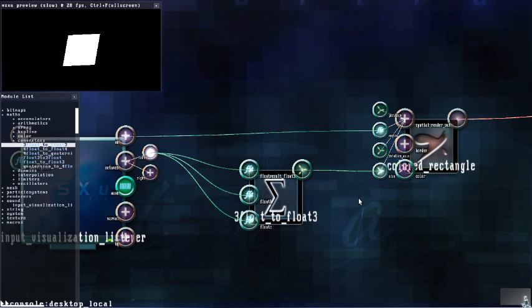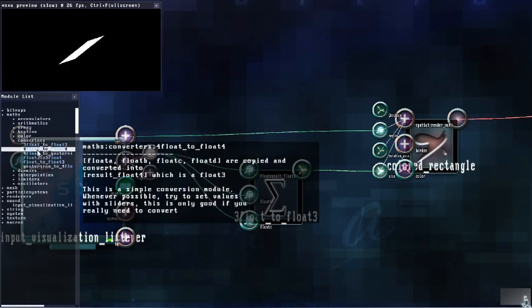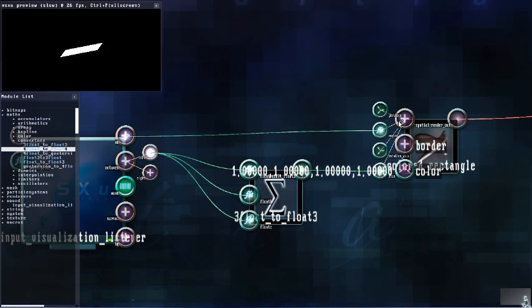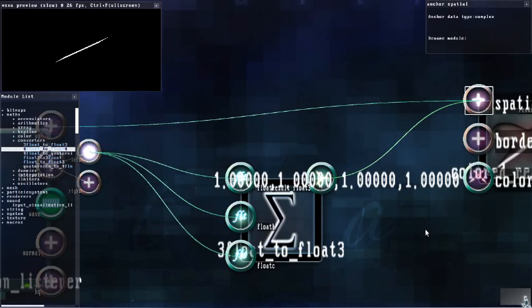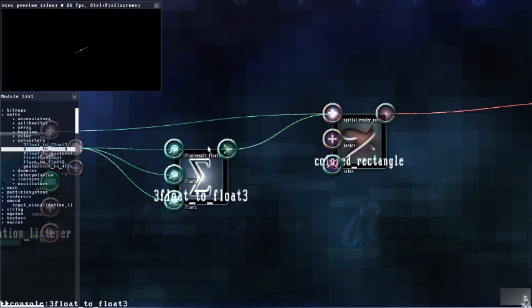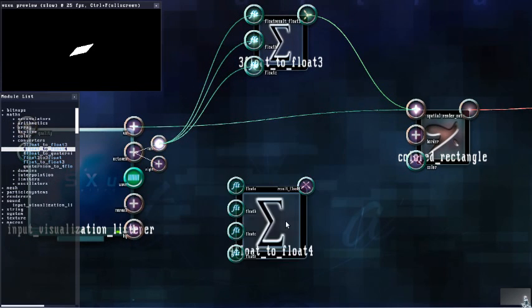Next, let's do some color changes. White is alright. Let's do a float to float 4. The reason I'm using this one is because our color is a 4-dimensional number. I'm going to move this guy up here to get him out of the way. Take my 4x4 here,